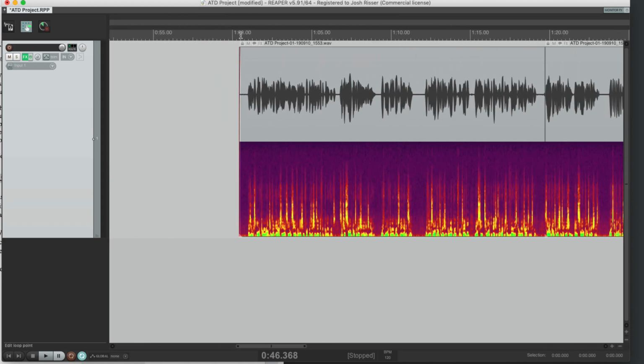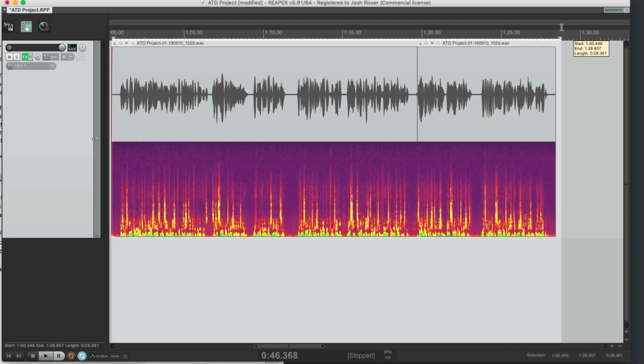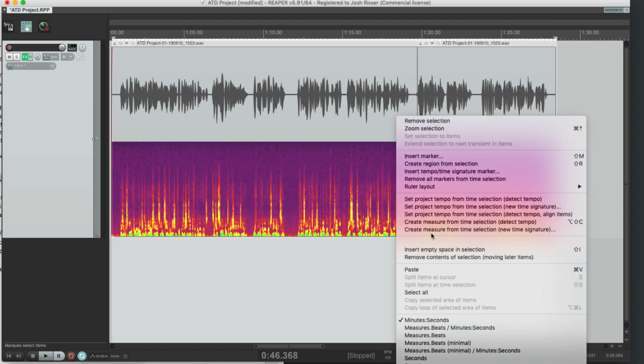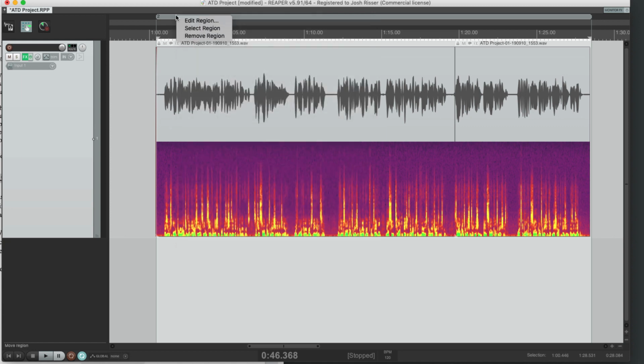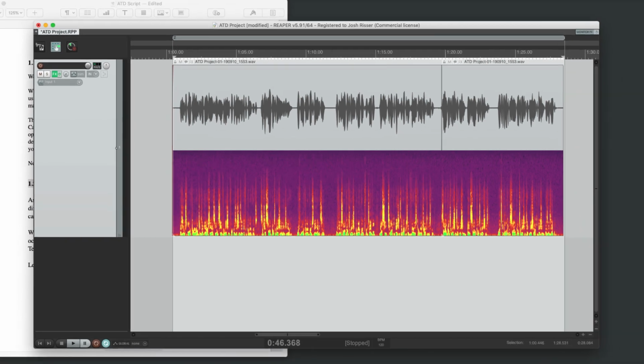So we'll just highlight, right-click, insert region, or create region from selection, or Shift-R. Then we will rename this one. But this time, let's actually rename this one through the other spot where you can rename them kind of quickly. So if you go to View,